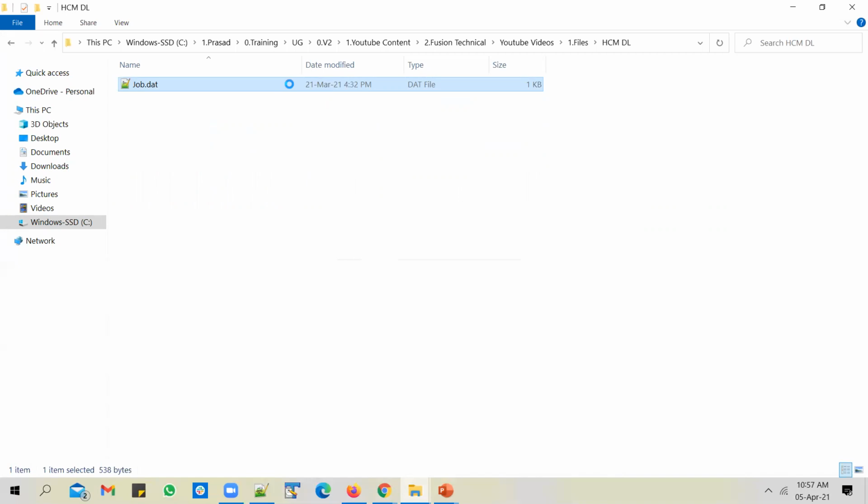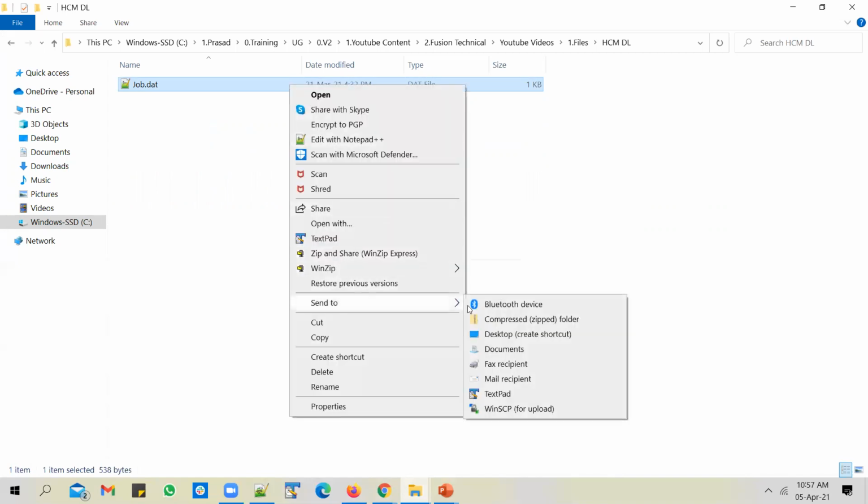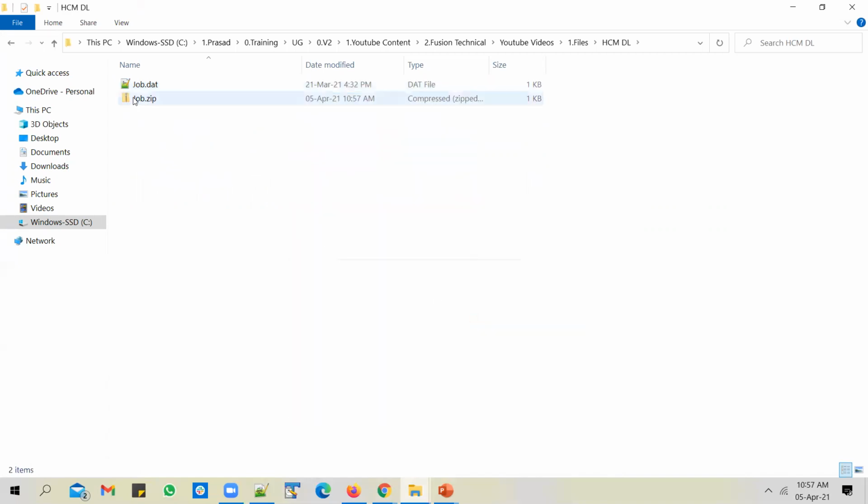And you cannot load a .dat file directly, so you have to zip it. So send it to a zip folder. And for this zip file, you can give any name you want. You could probably call it Geeks job.zip or any name you like. But within the zip file, you have to leave the file name as job.dat. Don't change the .dat file name, but the zip file you can give any name you want.